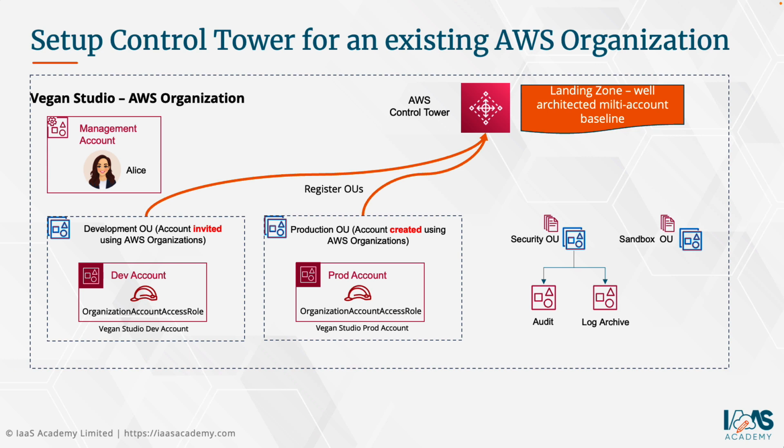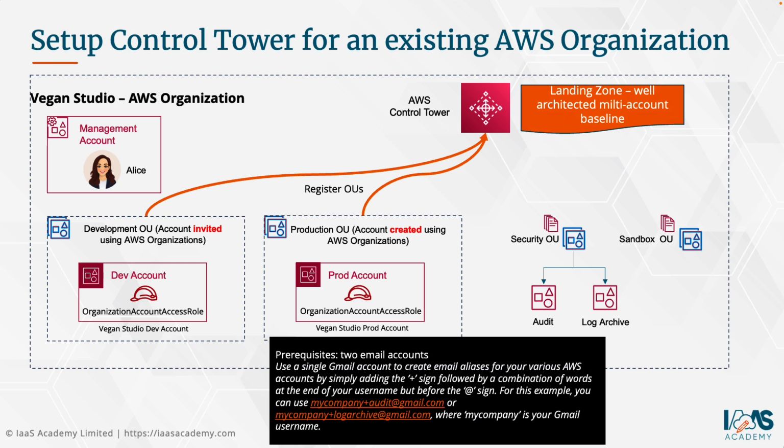Now, there's some prerequisites to actually continue this configuration. You're going to need an additional 2 email accounts. Now, you can actually use your Gmail account to create various email aliases for the various AWS accounts you plan to deploy, simply by adding a plus sign followed by a combination of words at the end of your username, but before the @ symbol. Okay, so for example, if your Gmail account is mycompany@gmail.com, then your audit email alias could be mycompany+audit@gmail.com, and your log archive could be